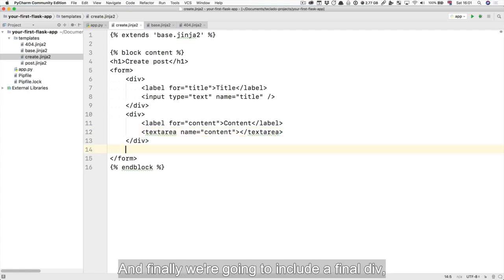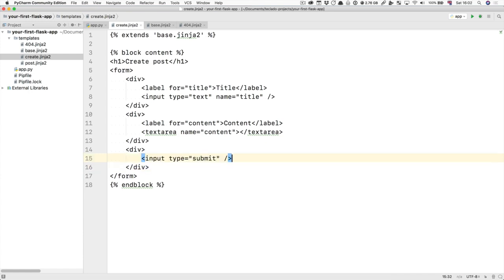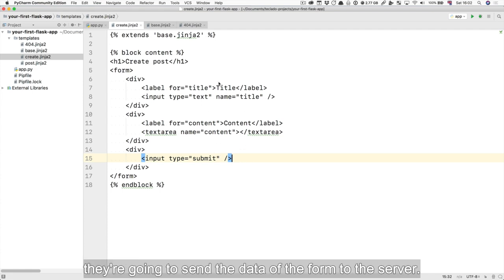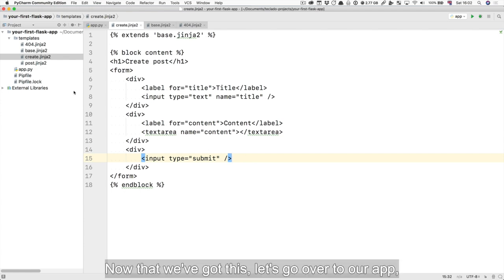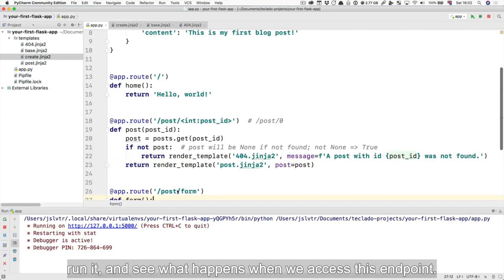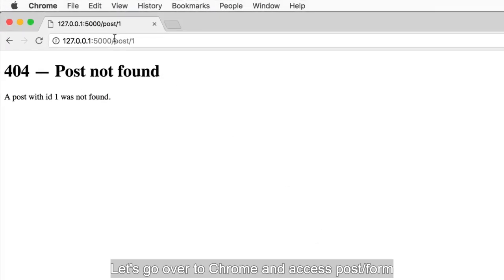And finally, we're going to include a final div, which is going to be an input of type submit. An input of type submit essentially is a button that the user can press. And when the user presses the button, they're going to send the data of the form to the server. Now that we've got this, let's go over to our app, run it, and see what happens when we access this endpoint. Let's go over to Chrome and access